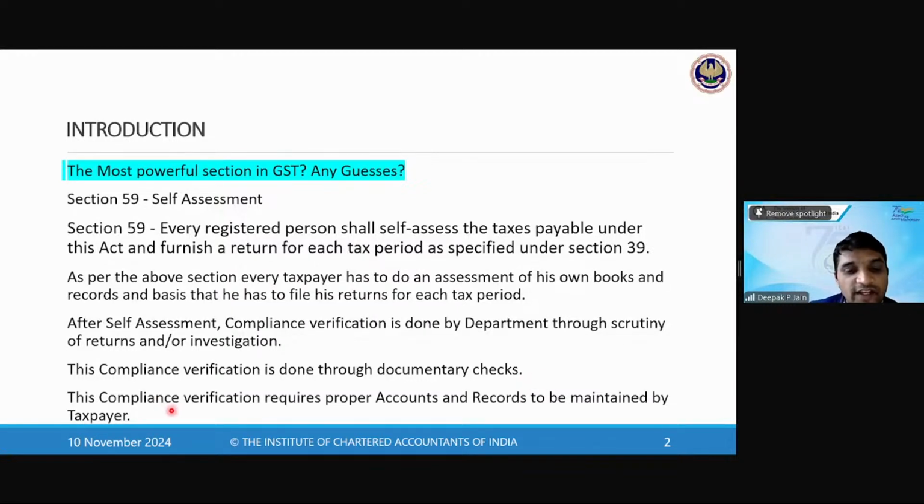This compliance verification, what we are talking about through scrutiny of returns and investigation, requires proper accounts and records to be maintained by the taxpayer. They have to maintain proper books of accounts and proper records. अगर proper नहीं maintain करेंगे तो officer क्या कैसे check कर पाएंगे? So that's why he has to maintain proper accounts and records. So that is the background why we are reading this chapter. Any doubts here? Basic doubts भी हो आपको तो आप पूछ सकते हो।